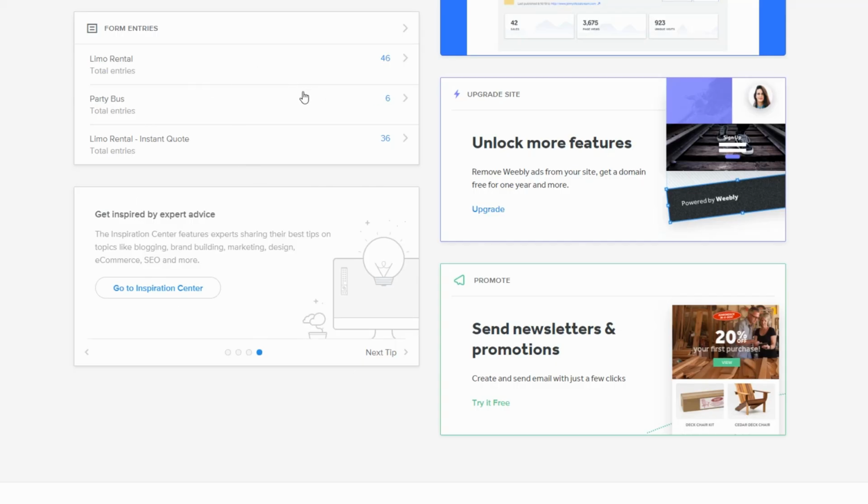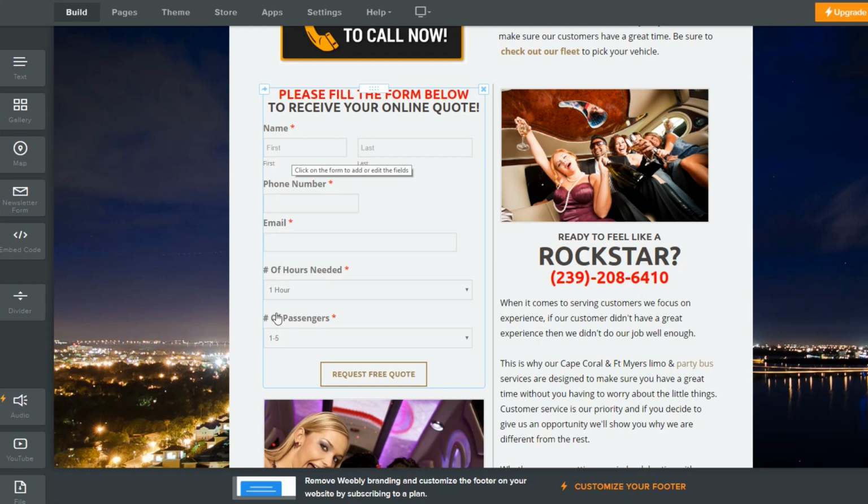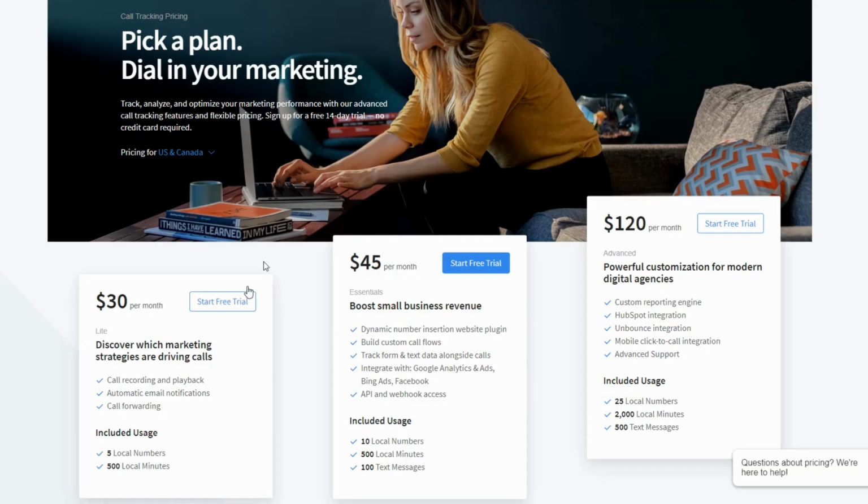So as you can see from the example here of people filling out the quotes, I actually did get a lot of people to fill out this information, and I would get an email with all the information, and then I would forward that to the business owner saying, hey, here's another lead for you with all the information. And I was able to track exactly how many calls they were getting because I was using the Callrail tracking system, and I would know exactly whether they were actually closing the sales or not.